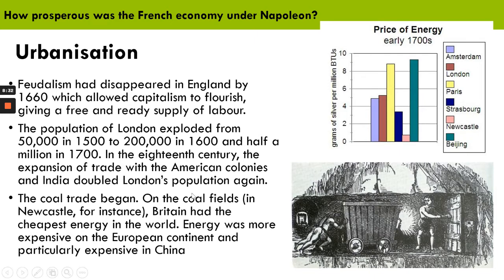Another really important aspect of this is that you can see from the graph on the right hand side that energy was much cheaper in Britain than it was anywhere else. Okay, so Amsterdam wasn't too far behind, and the Netherlands is another really well-developed economy in the 17th and 18th centuries. But the coal industry was driving the industrialisation. The urbanisation was driving the industrialisation in Britain as well. And the price of energy in Paris, as you can see from the graph here, is very high in comparison, which means that industrialisation is not as